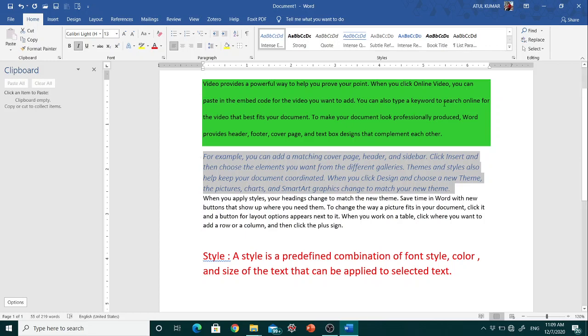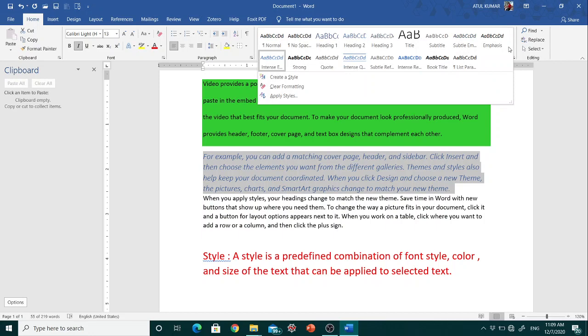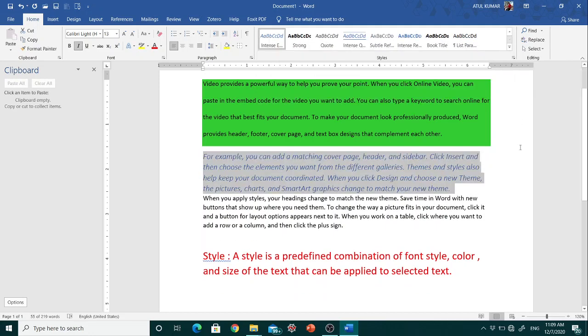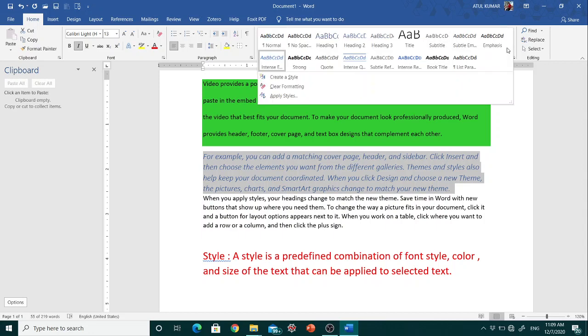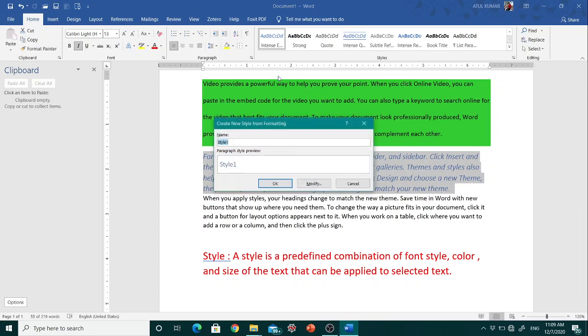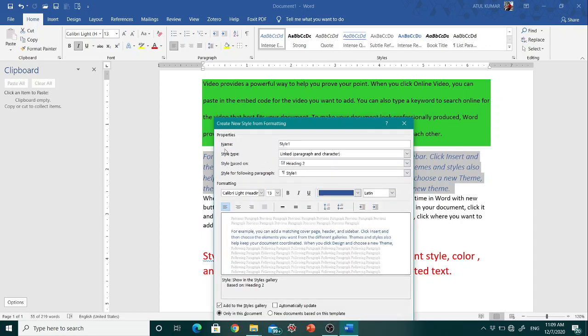So again you can modify the style, or you can apply your own style. So there are different options. To create your own style, just click on create style, and here there is the option of modify. You can modify the style. Just click on this modify, and here you can modify the style. Like you can change the name of the style, you can select the style type, and also you can